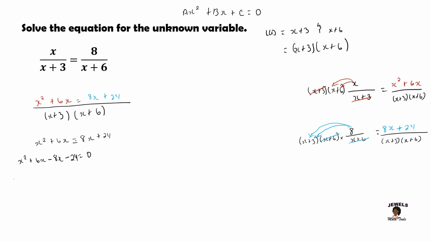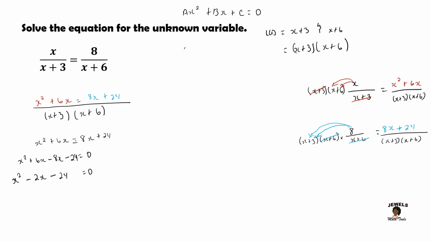Okay, so my x squared will return since it doesn't have any common term. And 6x minus 8x will equal negative 2x. And we're going to return our minus 24 equal to 0. So now we're going to factorize our equation. I'm not using the quadratic formula for this one, I will be factorizing. And remember when factorizing, the number that we're looking at is